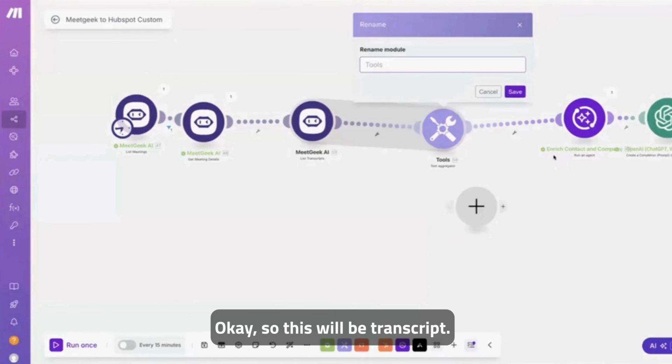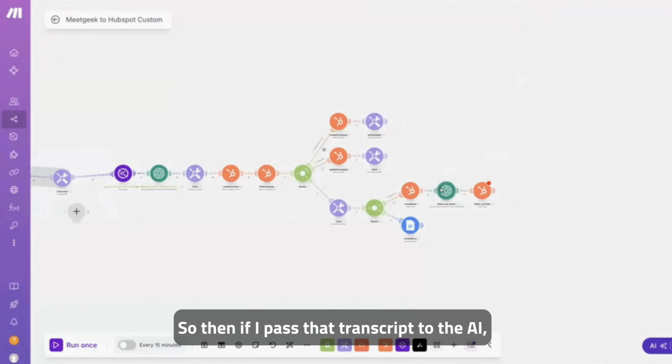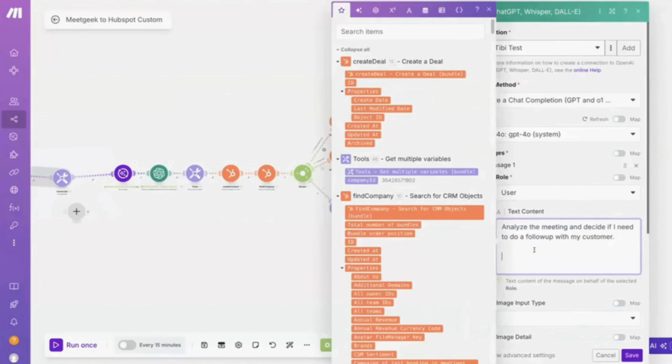Okay, so this will be the transcript. So then I pass that transcript to the AI,